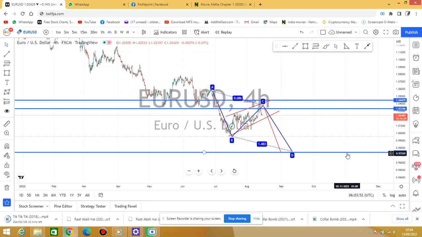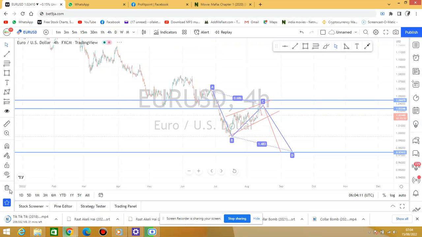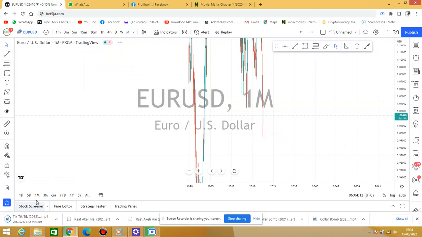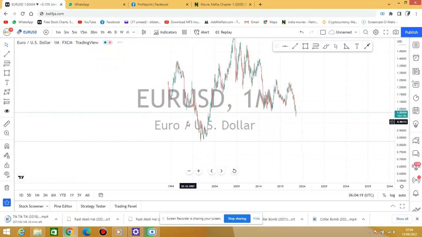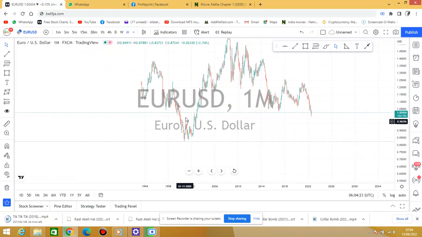So around this one, you should be looking for an opportunity to do what? To buy. So if USD comes down to this level, you should buy around here back to this level, then it might likely drop down again. Although on the bigger picture, I still see USD coming down to